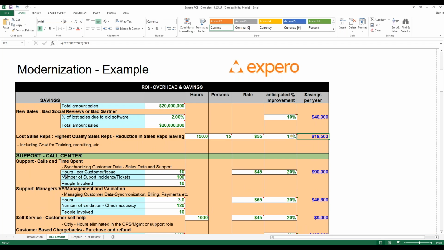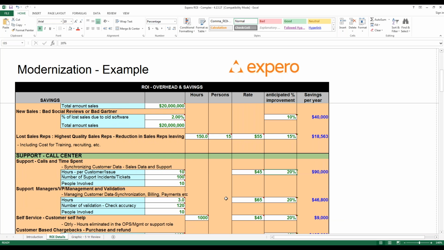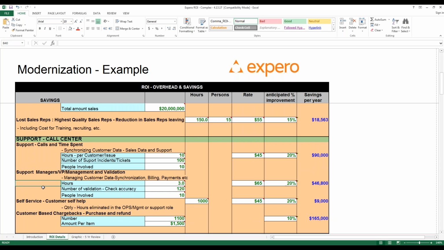In this case, what we're now doing is calculating what happens times the number of issues for people that are on the phone. How many days and how many hours and how many incidents do I have on the phone, and then how many human beings are actually supporting those. The other item then is when I come back and say, okay, can I decrease my support and what I'm doing as far as the time, I can actually go in and calculate that. Same kind of calculations for management.